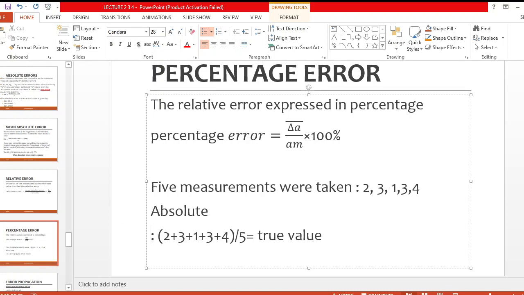So what you'll be getting here will be the true value. Then if you do correct real addition, 2 plus 3, it's a 5. 5 plus 1 is 6. 6 plus 4 is 10, and 10 plus 3 is 13. So 13 divided by 5, you get 2.6. So 2.6 is our true value. So we're saying the absolute errors